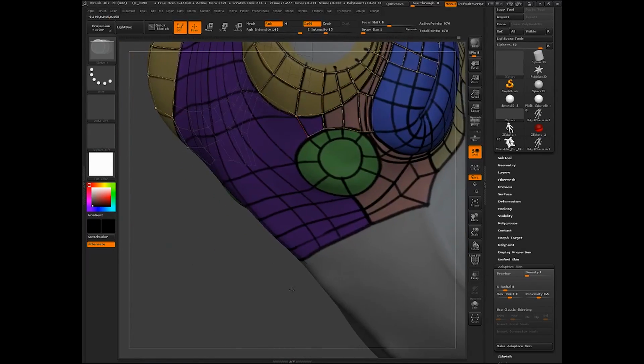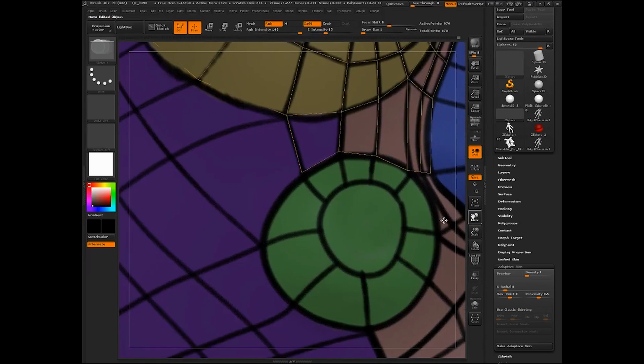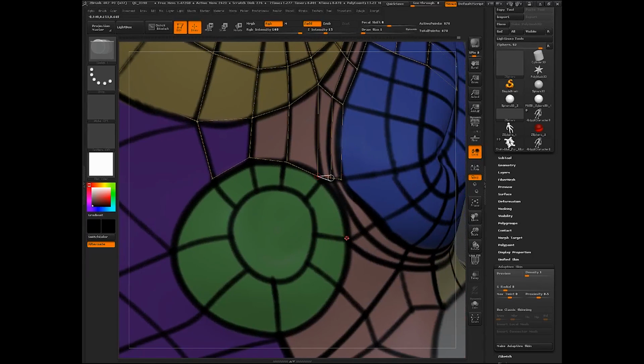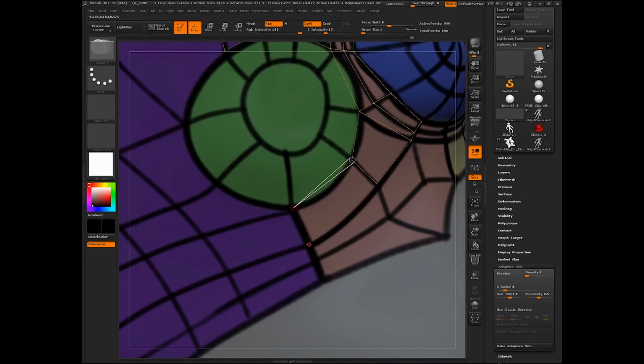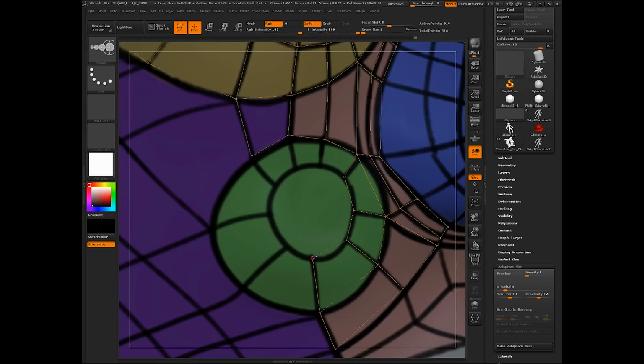Rotate around so that I can get into this area a little better. Draw out the geometry for the ear.